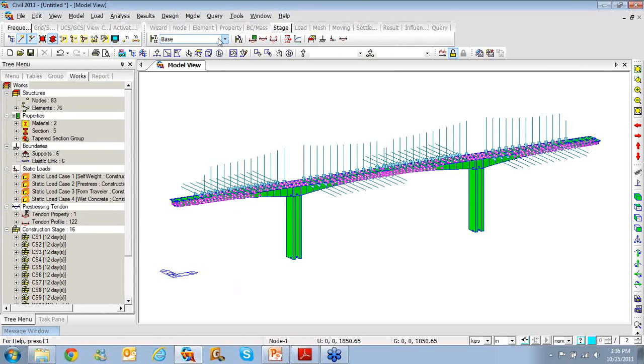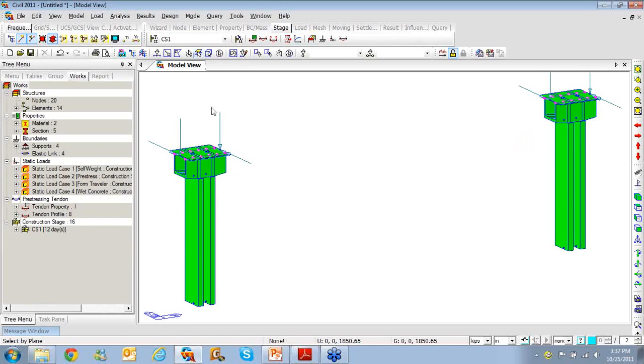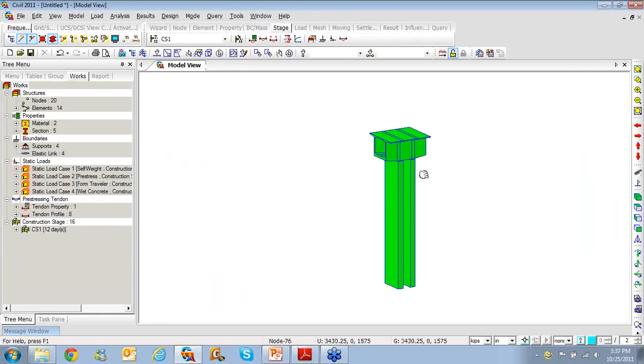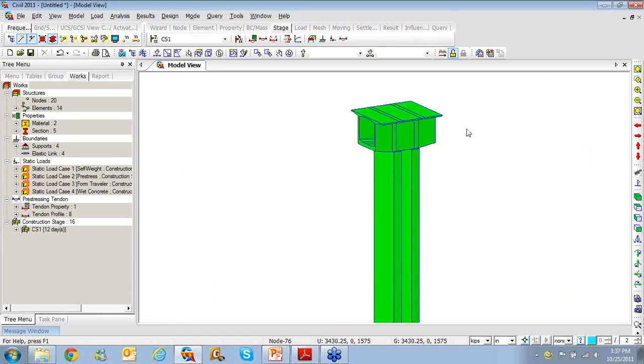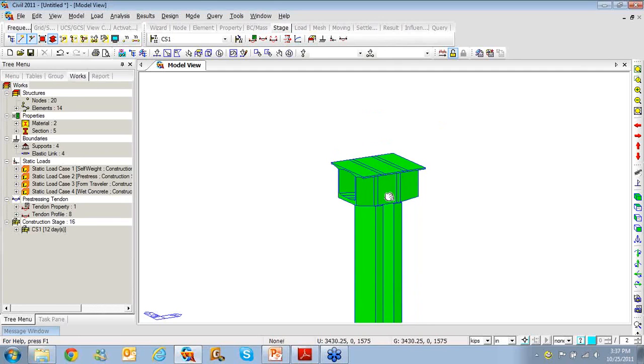Right now we are looking at the base construction stage. So we'll change the construction stage from base to CS1, which is the first construction stage, and I will press down my wheel mouse button and just drag my mouse so you can pan the structure anywhere in the cross section very easily. Then I'll zoom in; just by scrolling forward you can zoom in. Now if you look closely at the screen, you will see that there are 2 tendons per web